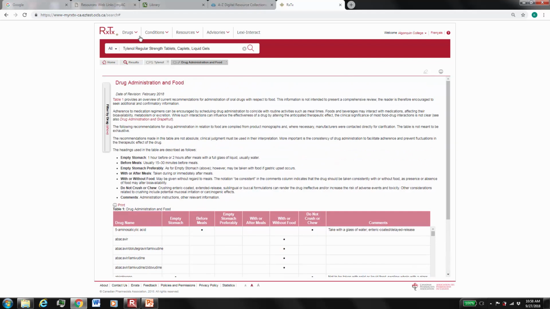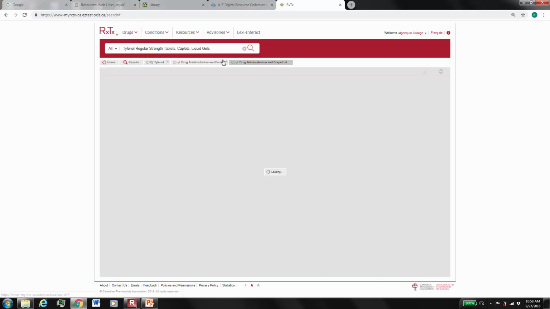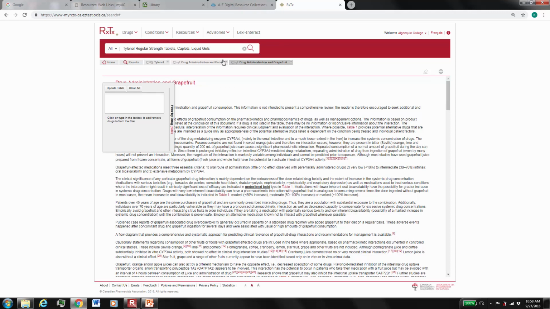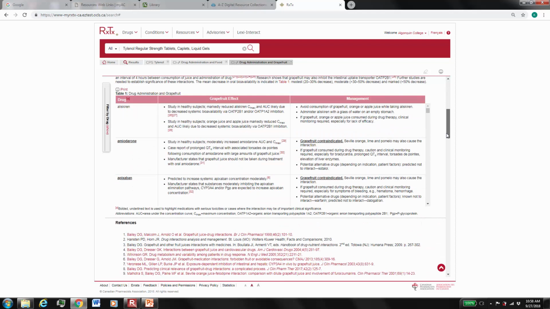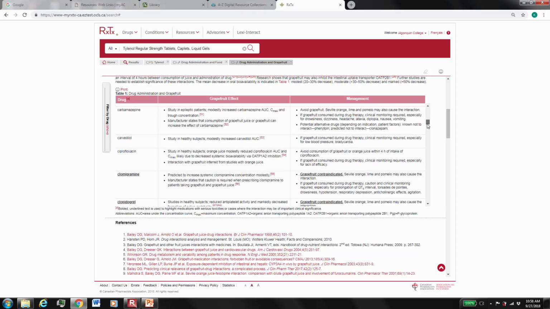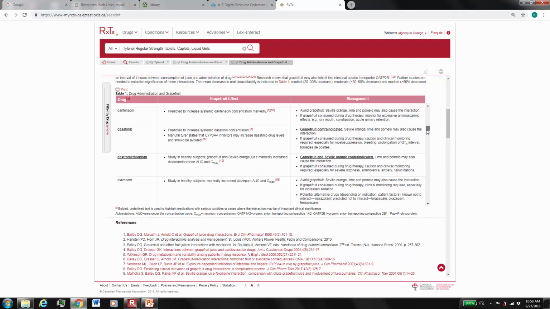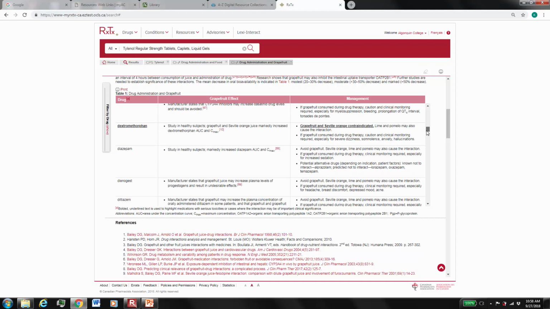So that's drug administration and food, and they have a similar one, clinical information, interactive tools, drug administration and grapefruit. And remember we talked about how grapefruit juice can interact with many drugs. And again, this is a whole section on specifically grapefruit and different drugs and whether or not they react to grapefruit. So, for example, in this case, diazepam, it says we should avoid grapefruit, and it tells you